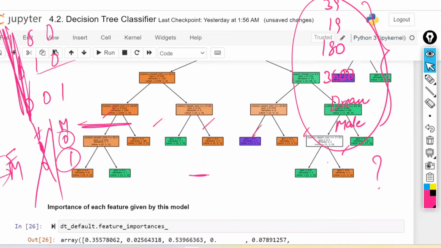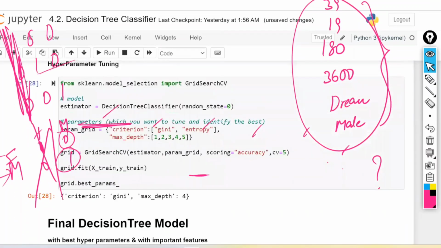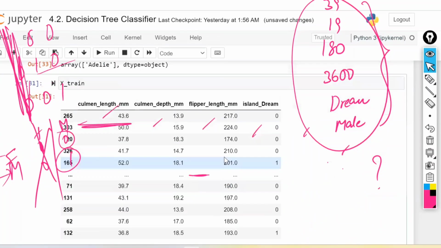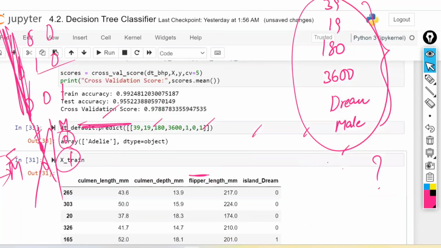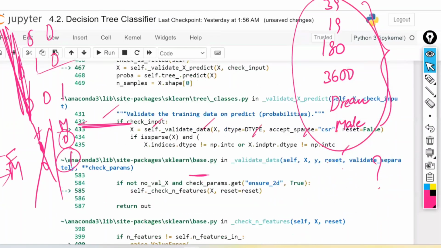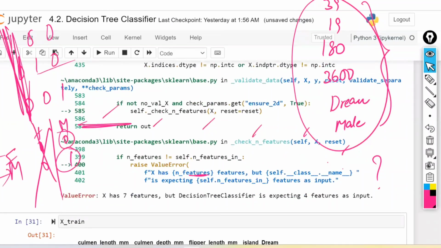So DT underscore default was created with 7 variables. If I ask this, it will print the output as AGL. But if I ask the same question with this model, it will throw the error because it was not created with 7 values. It was created only with 4 values. You can see here, X was given 7 features, but your classifier was designed with 4 features only.